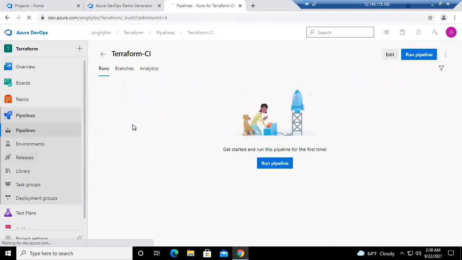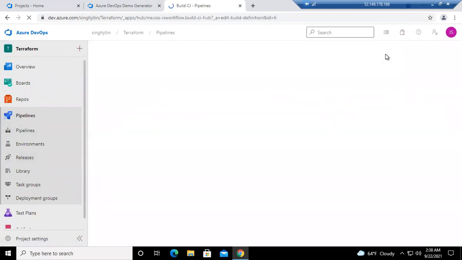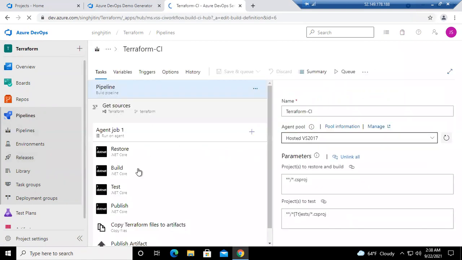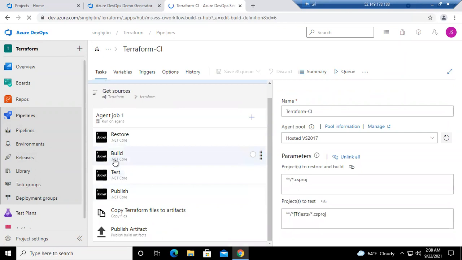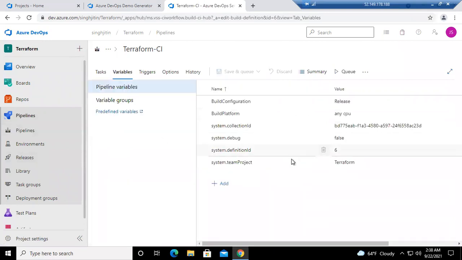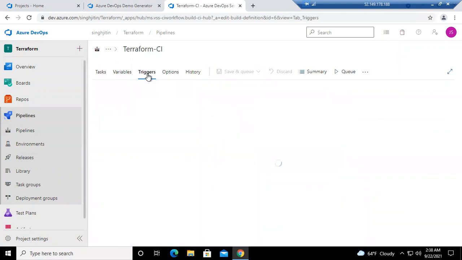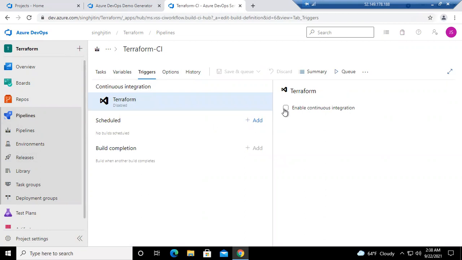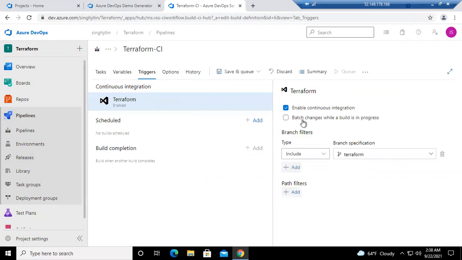So with the help of this, you can go ahead and do your build process. If you would like to edit the Terraform pipeline, you need to learn the Terraform syntax, which is available over here. You can bring your tasks over here. Let's say it will help you with building, testing, and publishing, and any sort of requirement that you have. You can bring your variables that you can declare. The way we declare the variables, those variables you also have to mention over here, as well as what kind of trigger you will be using, whether it's a manual trigger, or if you would like to have continuous integration enabled over here using Terraform, you can enable it depending on your requirements.